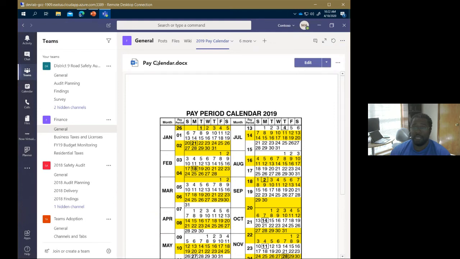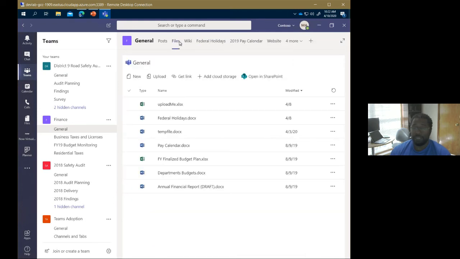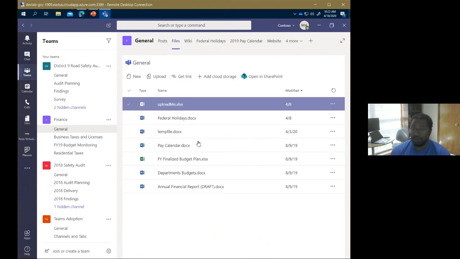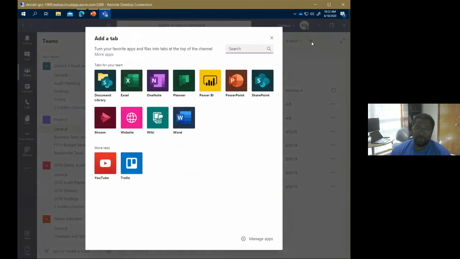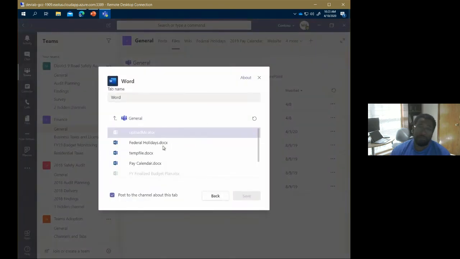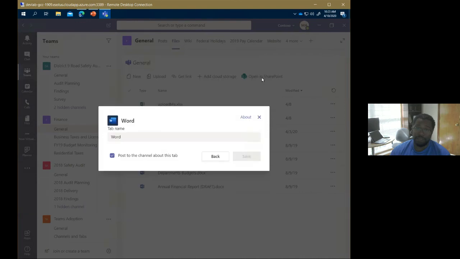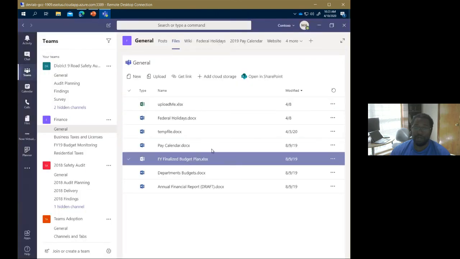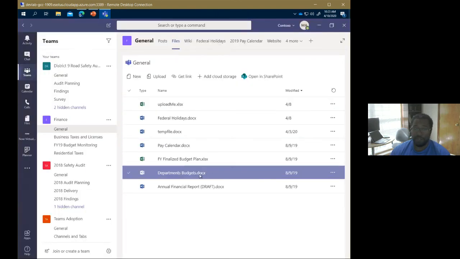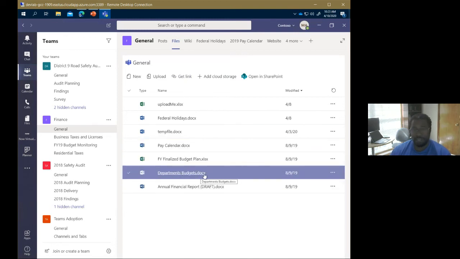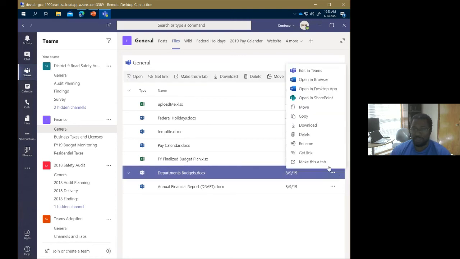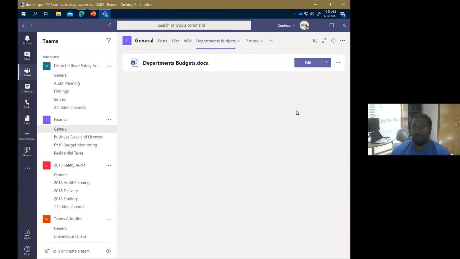Okay. The other thing from a tab perspective, if we are looking at files, if I do want to create a new tab to, let's say, a Word doc, I can certainly click that, come in here, find the doc. I also get a quick and easy way to create a tab. Let's say I'm in the files area, the department budgets document. That's probably something I should pin for the team. 3 dots here, I actually have make this a tab.